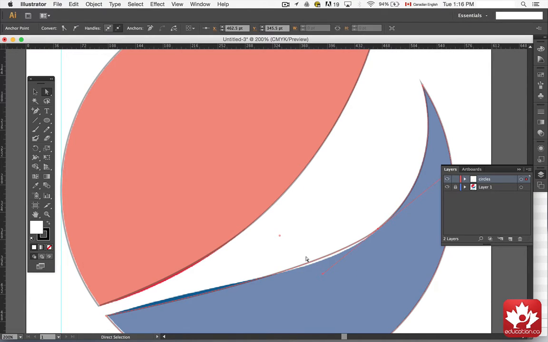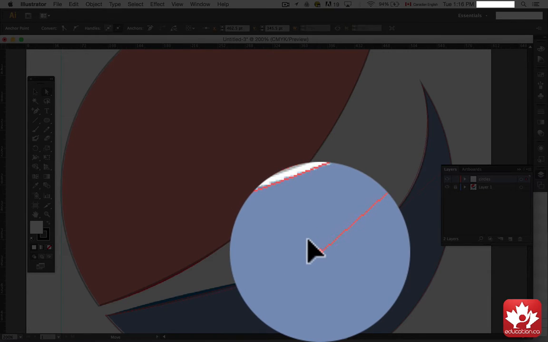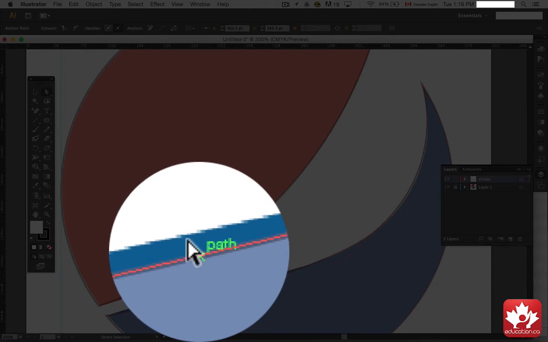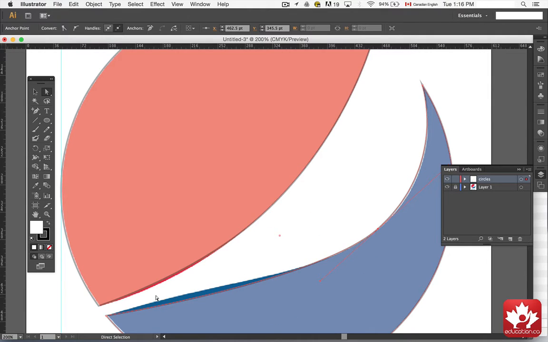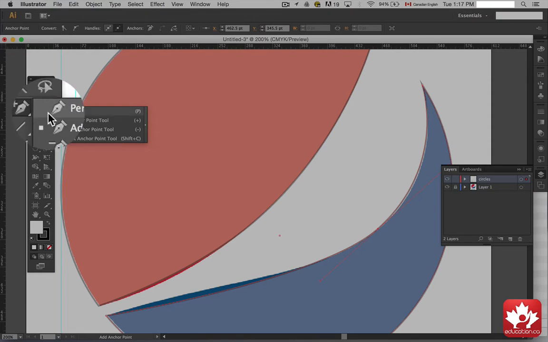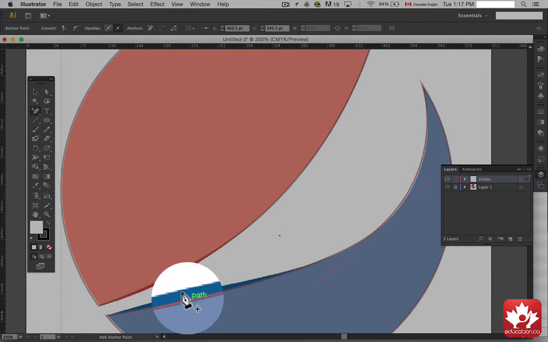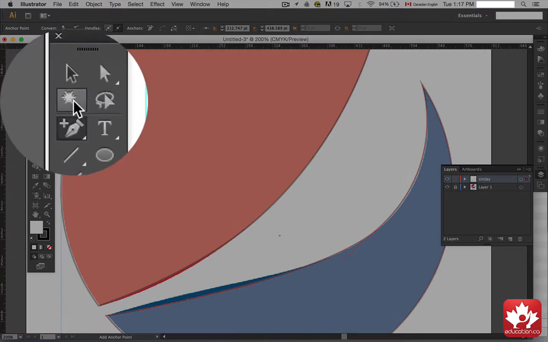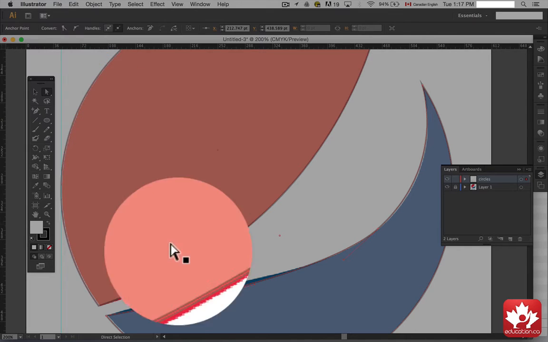There, that's not too bad. And I'm going to pull on this handle here. Now you'll notice that we have a little issue here because the path then rises above the horizon of our shape. So I need to add another anchor right about here. So I'm going to go back to our pen tool, the add anchor point, and I'm going to add an anchor here. Go back to my direct selection tool,